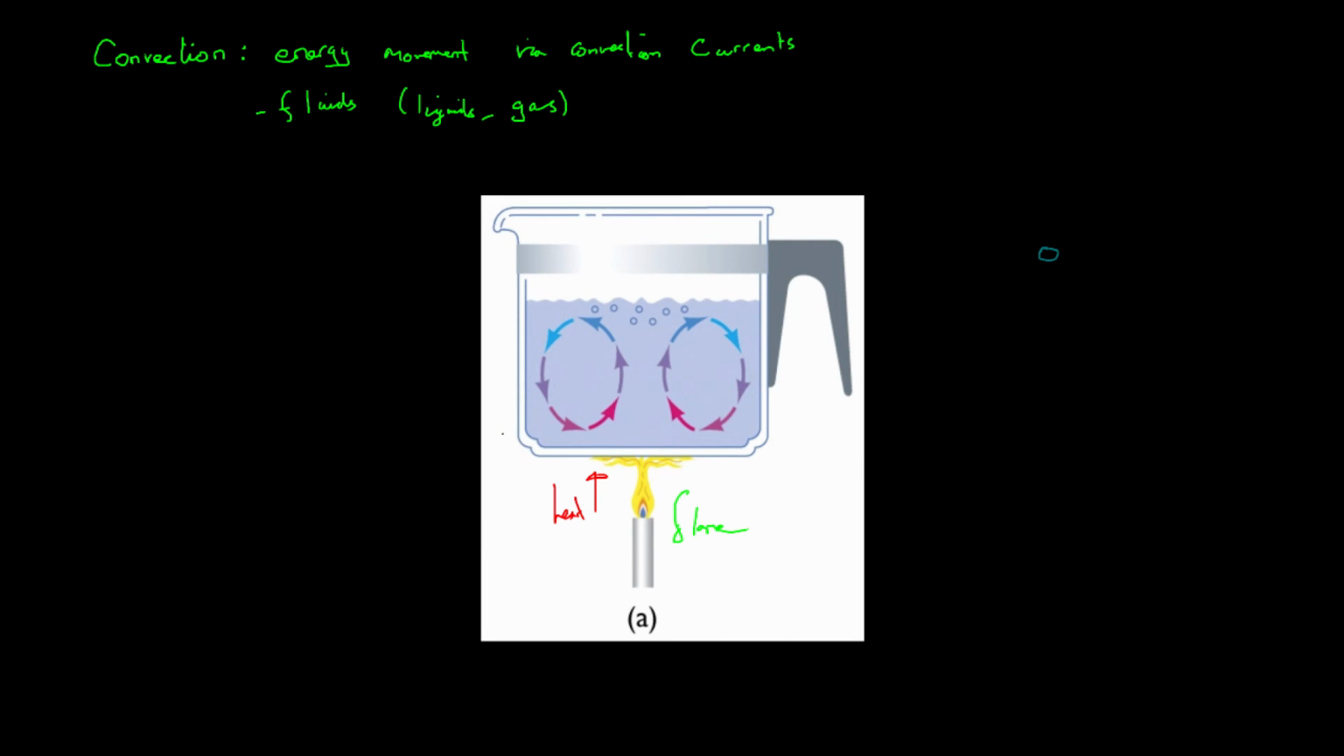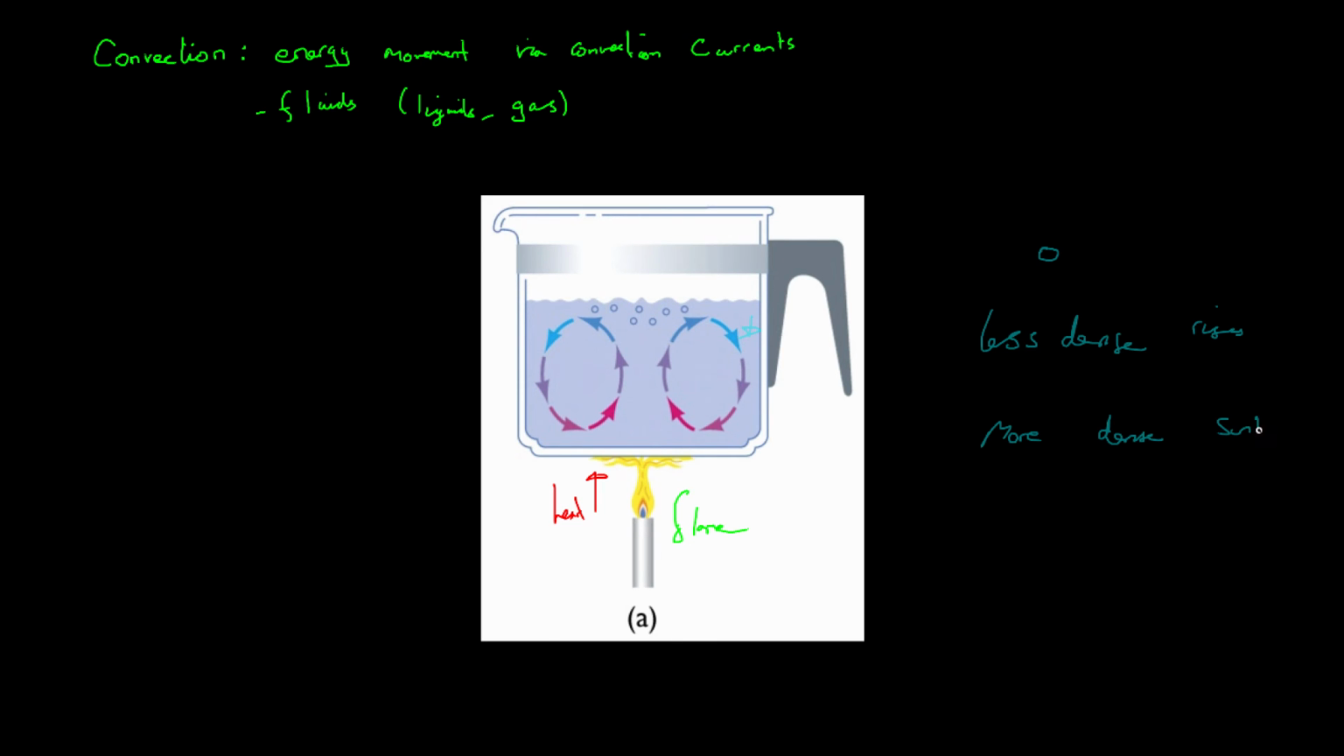What's happening is that because down here all the water molecules have got a lot of energy and they're moving fast, it means that they can move further apart, and that means that they are less dense. The cold water is more dense, and therefore the cold water will sink below the hot water. So if something is less dense, it rises; more dense,